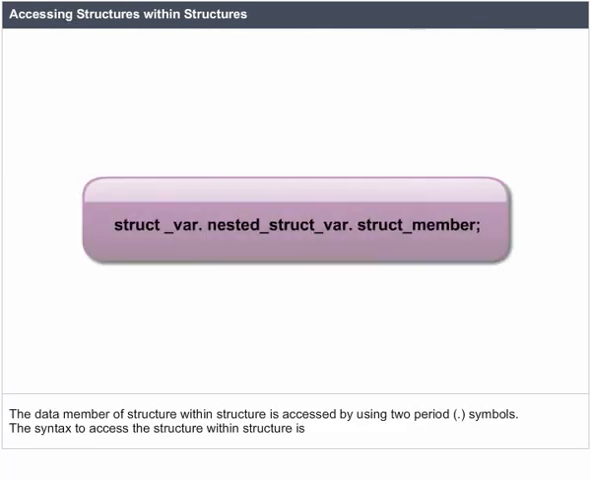Accessing structures within structures. The data member of a structure within a structure is accessed by using two period dot symbols. The syntax to access the structure within structure is, for example,